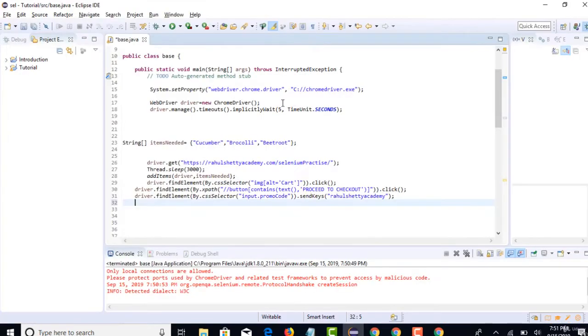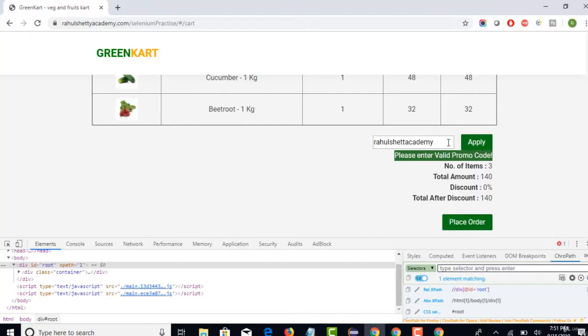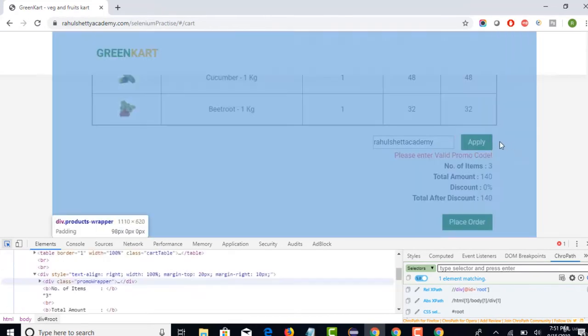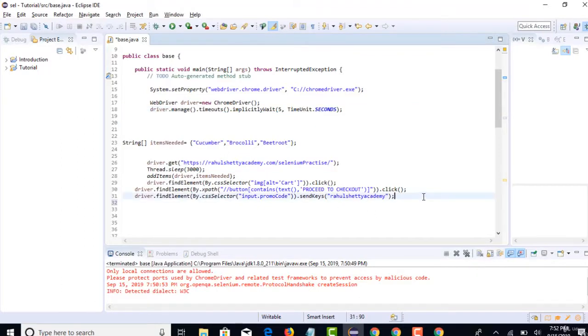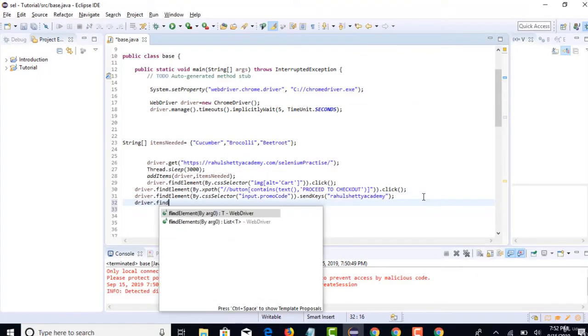So right now we have an implicit wait which is declared globally for 5 seconds. That should apply to each and every line, so that should apply even here. Now if we write this code, let's see. First let's click on the apply button. And for apply also we can use the same syntax: CSS, button class tag name dot promo btn. Perfect. The CSS is highlighted. So let's apply the coupon.